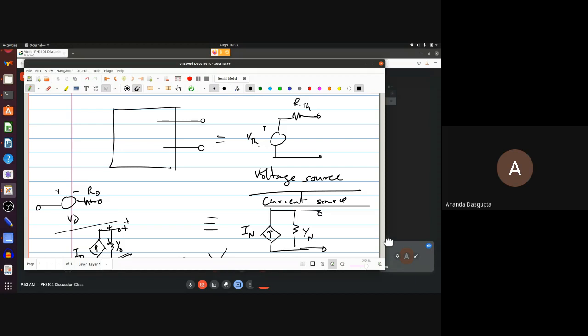But the details of that will depend on which particular source you're talking about. The important point is the equivalent circuits give you the advantage that you know that ultimately, no matter what is going on inside, a source can be modeled by a voltage source in series with a resistance or a current source in parallel with an admittance. So the details are important. I'm not saying they're not important, but even without learning all about the details, you can use these equivalent models and they give you perfectly good results. Sometimes those details you have to avoid simply because they're way too complicated to handle right now.